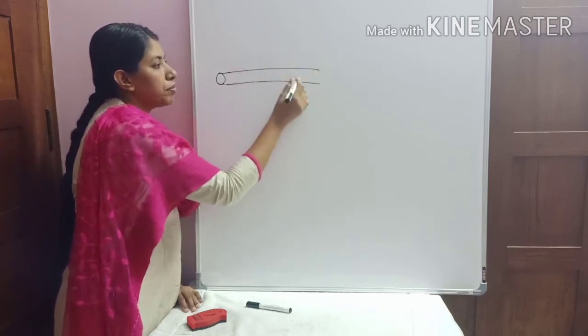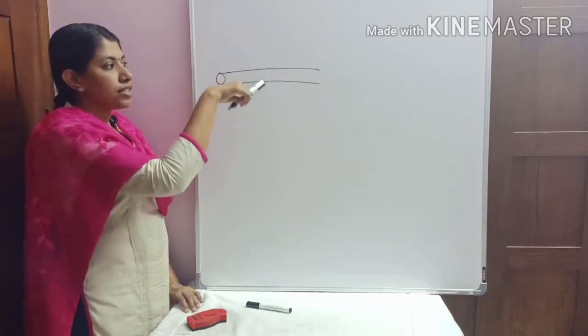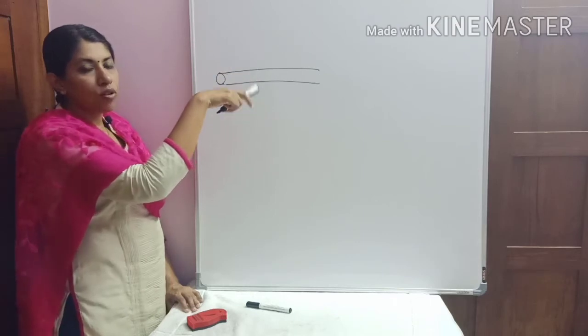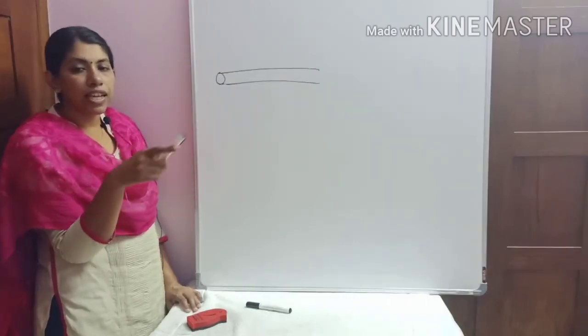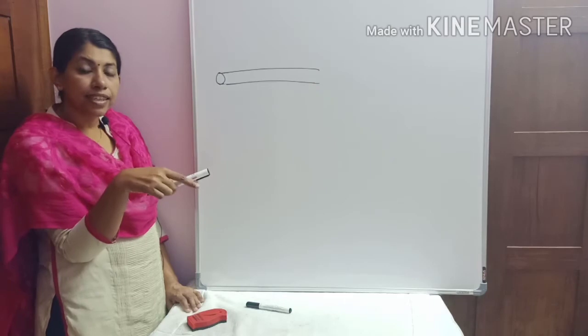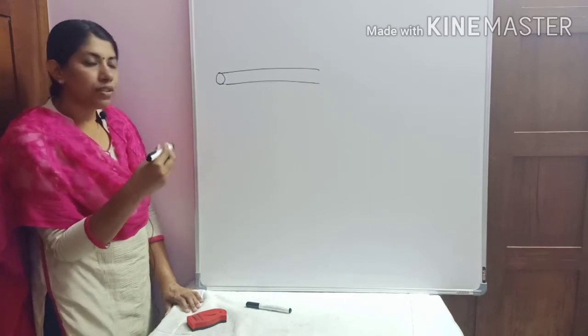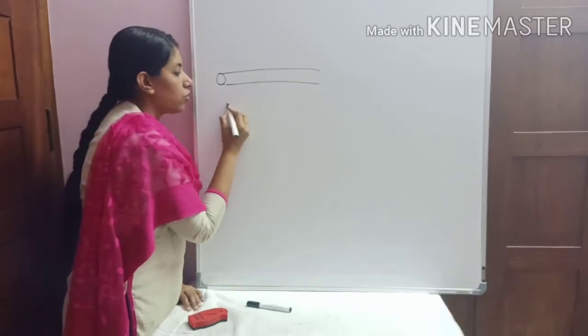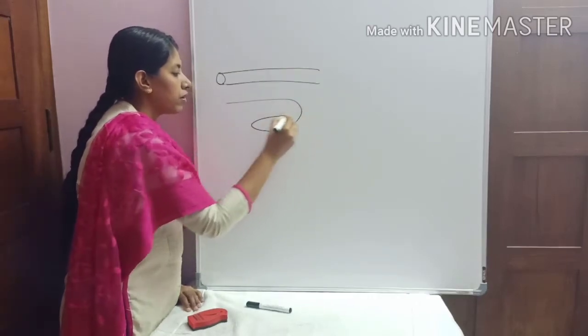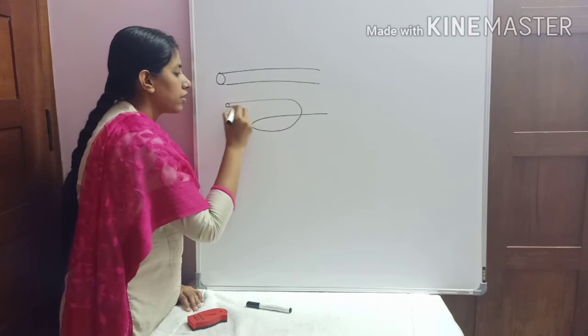The flux linkage will be less. When the flux linkage is less, the induced EMF will be less and the opposition will be less. In that case, the inductance will be less. So if you change the conductor into a coil form like this, okay,